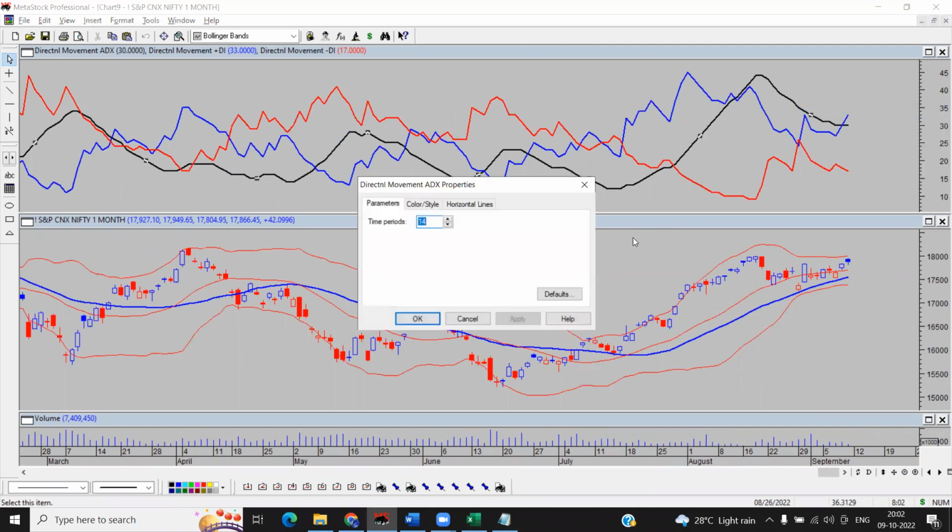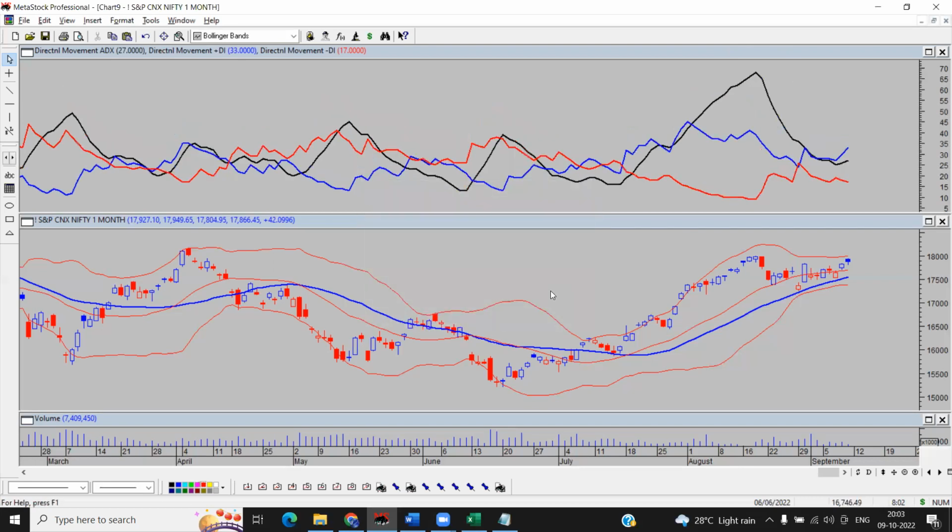Just I am reducing the time period to 8. Sometimes you are not getting the total picture, or perhaps the market is moving fast. ADX has gone to a very high value. Now it is gradually coming down, so the signals might be late. Like here, ADX had moved up to very high levels. Now, whatever signals come, they might come a little late. It may even stay flat. So what I do is reduce the time period to 8 and then check.